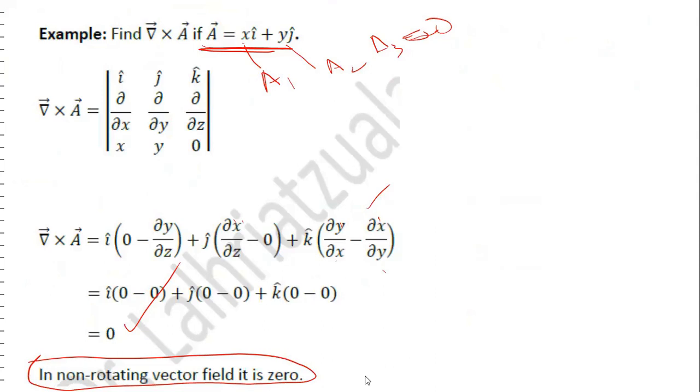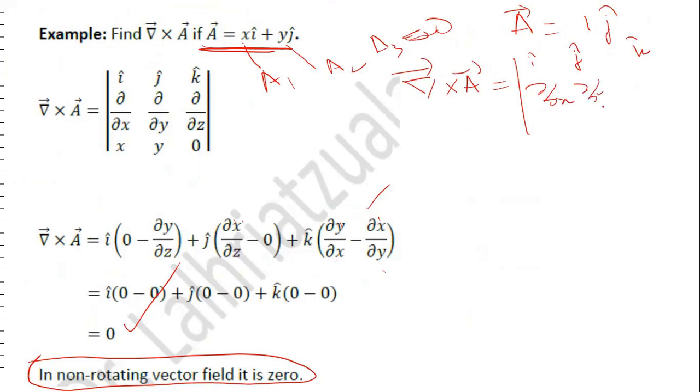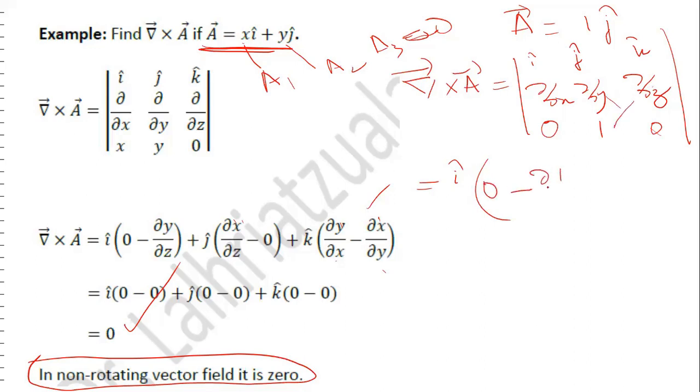So if I take a curl of this, A vector equal to 1j, what I'm going to have here is that curl of A will be i, j, k, del upon del x, del upon del y, del upon del z, and there is no i cap term here, so the coefficient of i cap is 0. The coefficient of j cap is 1. The coefficient of k cap is also 0 out here. So if you do that, this will be i cap into this product is 0 minus this into this, del 1 upon del z,